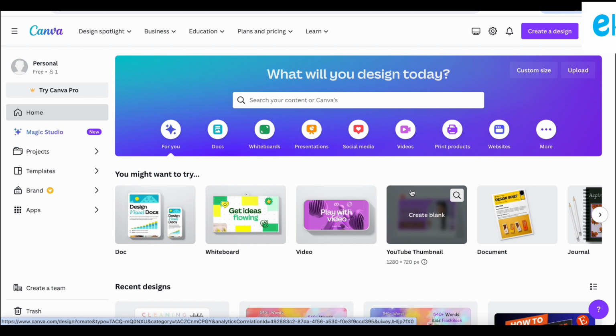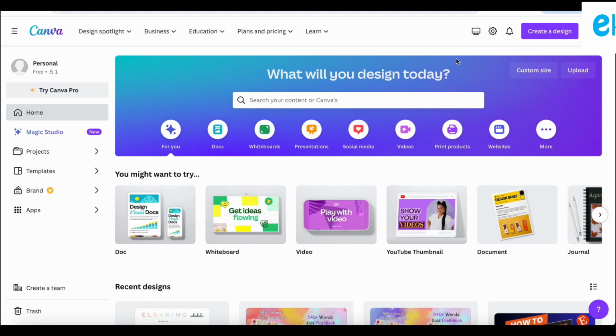Today I'm gonna show you a Canva tutorial for beginners and it's going to be completely free, and that is also gonna be the Canva free version. So I will not be using any pro settings or design. So let's get started. We're just gonna go to canva.com, and here the first thing for creating anything, you have